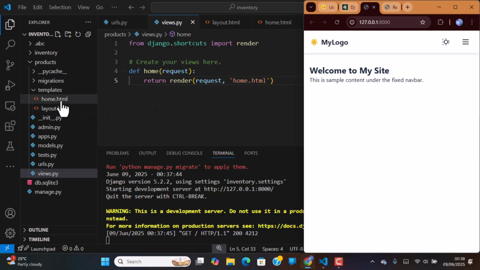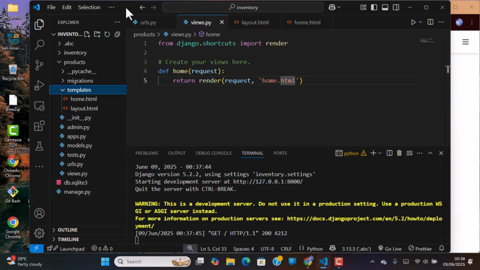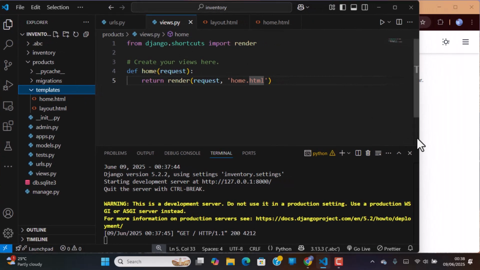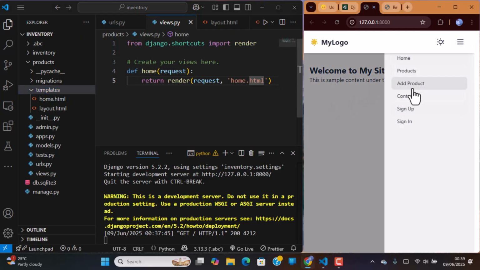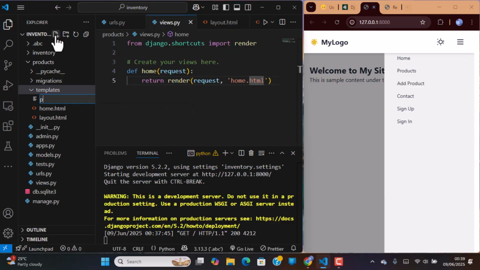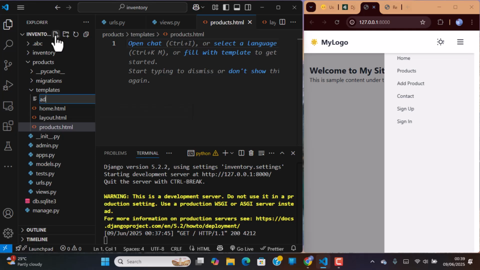So let's create other pages of the HTML. So we are supposed to have, let's just minimize this a little bit. Push this here and have this here. And we have products, add product, contact, sign up, sign in. So let's create them. So products.html, add underscore